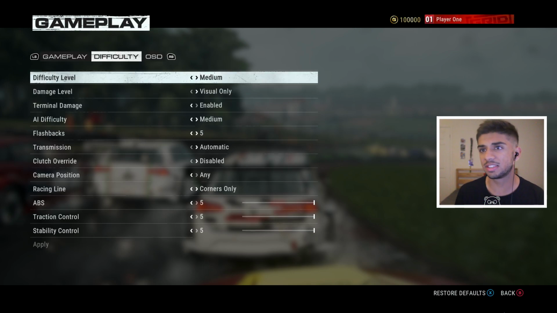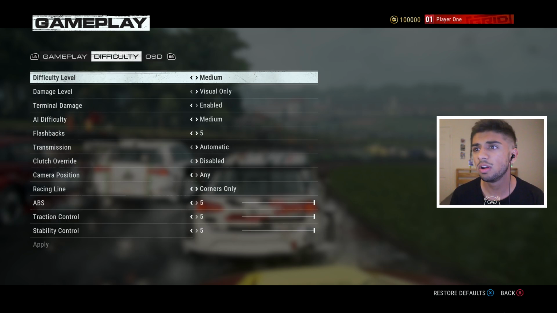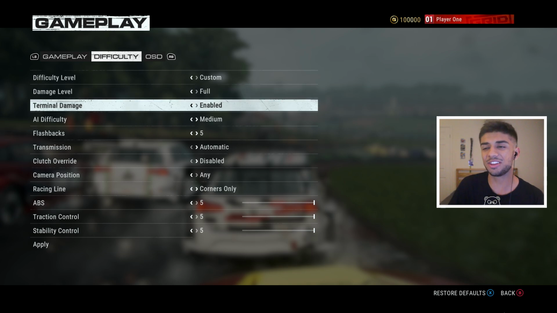Difficulty, here we go. So these are the assists. We're going to change this now because I don't really want to do too much more. We want full damage. We want... what does terminal damage mean? I don't know what that means. Does that mean, like, it'll...